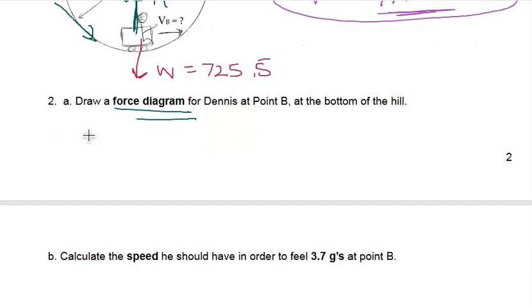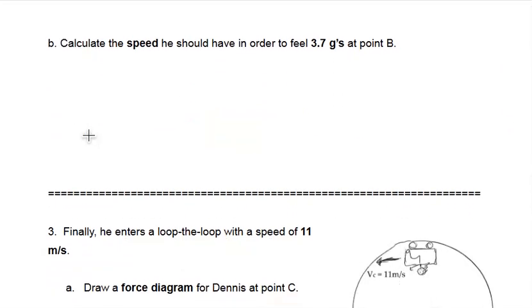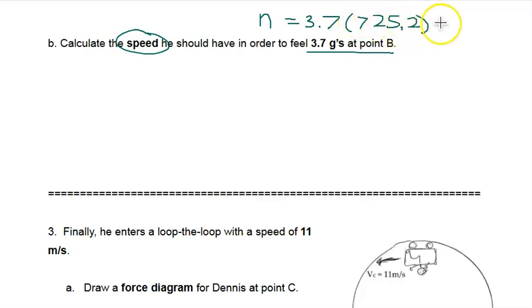And question B says, find the speed he should have to feel 3.7 Gs. So the first thing you have to do is translate what 3.7 Gs means. What that means is the normal is 3.7 times his regular weight. So it means the normal is 2,683 newtons. Okay, so now that we know that,